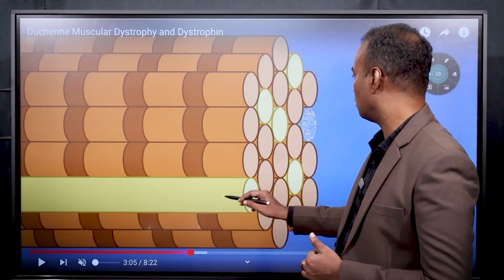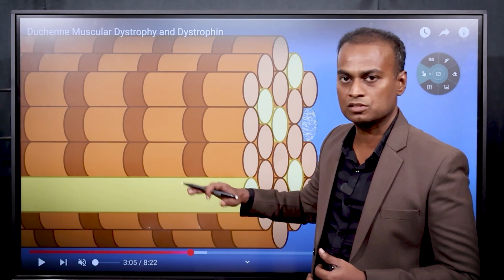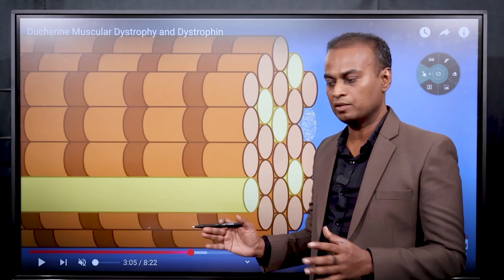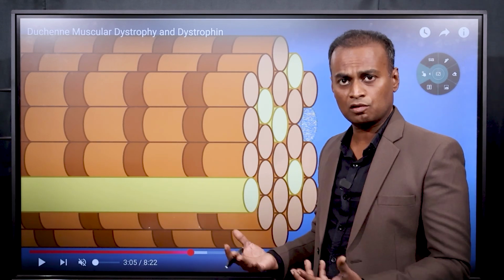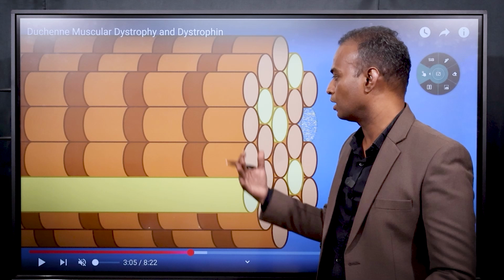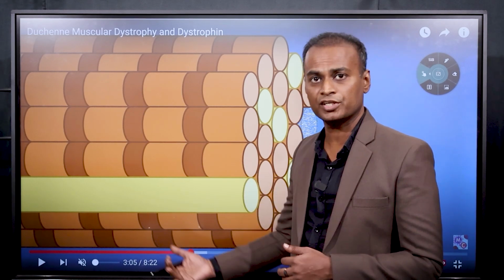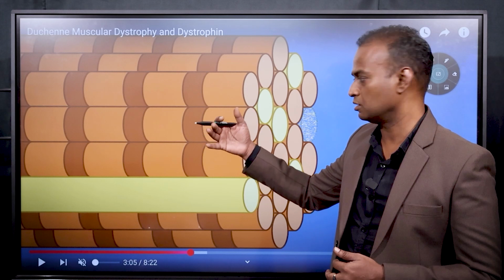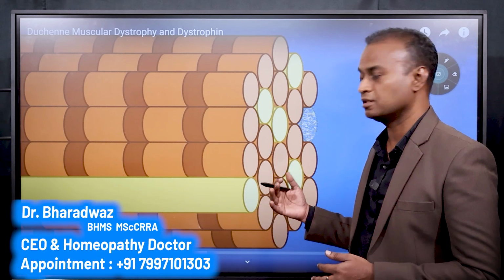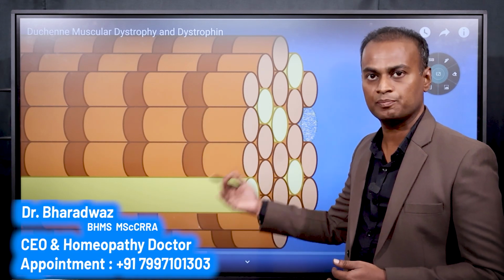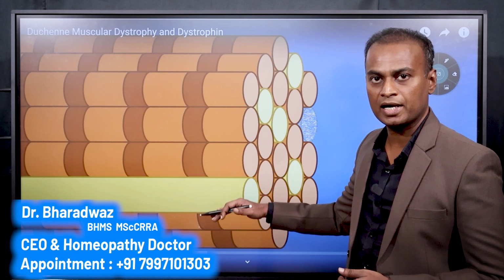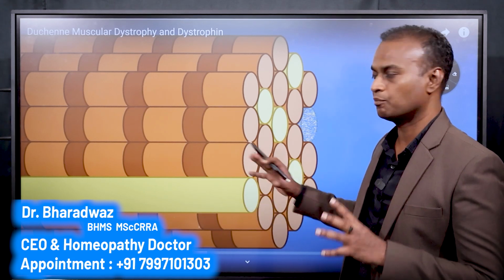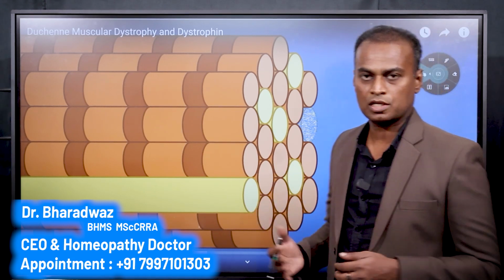This yellow one is a fat cell, or it forms a scar. That's the reason that over a period of time, when the baby grows, the strength of the muscle is completely gone and the baby dies. Initially there is regeneration, which means the muscle cell is completely formed after destruction, but in later stages there is repair, and there is no regeneration. Repair means it is replaced with fat tissue or scar tissue, and the muscle loses its power. This is what happens to the entire muscle or muscle cell